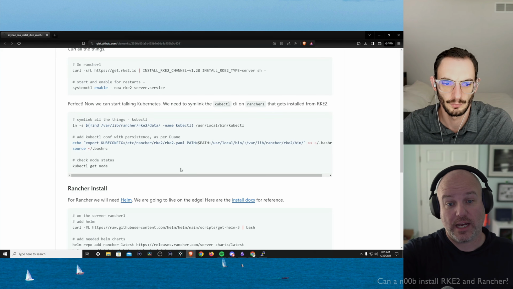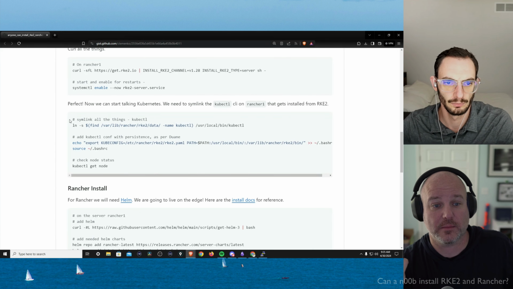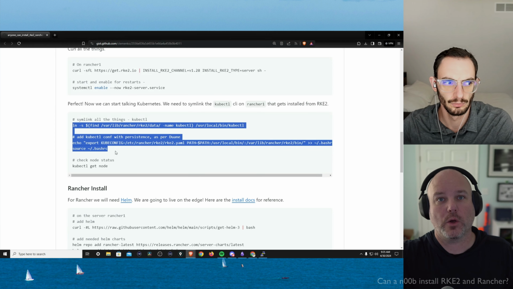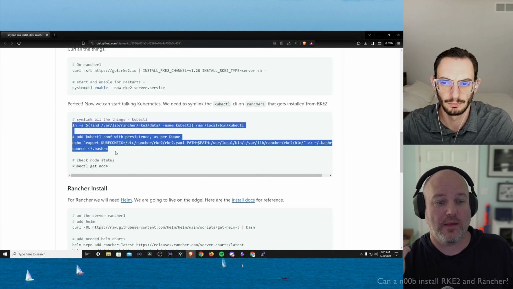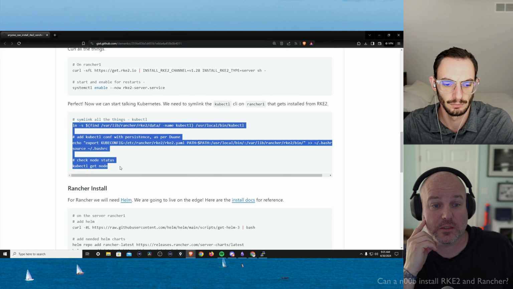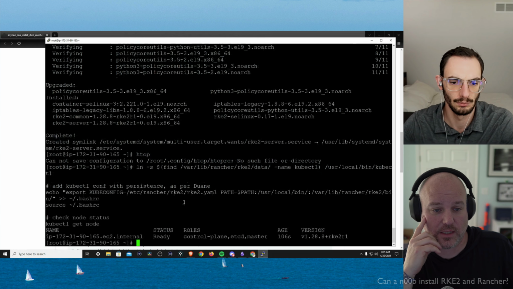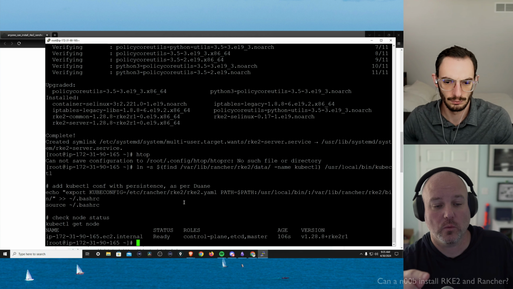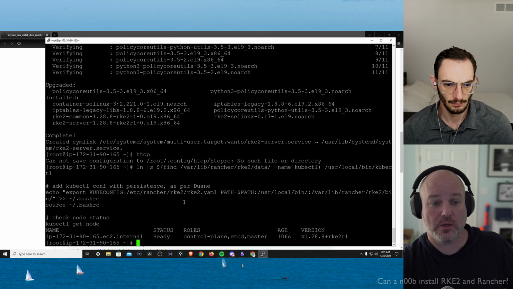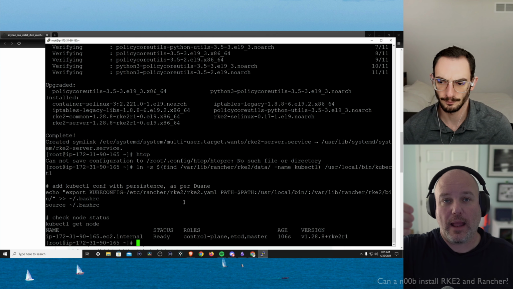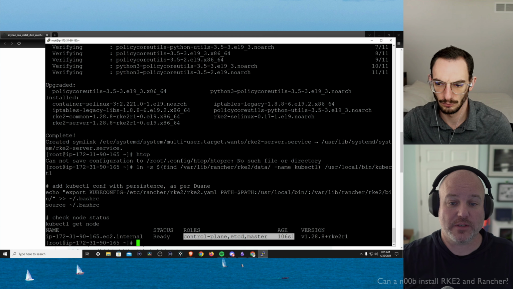Okay, so this entire block right here does that. The first one is a symlink to the binary. The second command adds that kube config directory location. It says, hey, that location's over there. And then the third is actually the kubectl command when we're talking to the node. Go ahead and copy that, and then right mouse click that bad boy, and hit enter, and we should see. Cool. So the last command was kubectl get node. You can see we've got the IP address of our first node. It's in a ready status. That's what we love to see. And it's got the roles of control plane, etcd, master, and it's been up 106 seconds. And it's got the version.